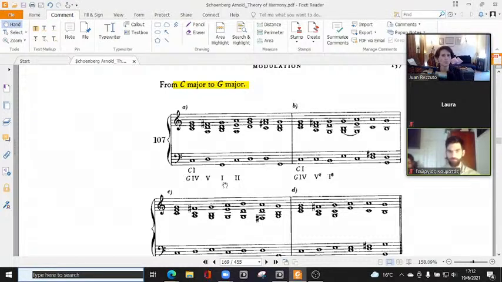Usually when you have that, you have in the upper line, an imaginary line, a home key, then the reinterpretation of the chord or chords, the neutral chords. In this case, 1 equals 4, and then you carry on with the new key. In this case, for example, we have